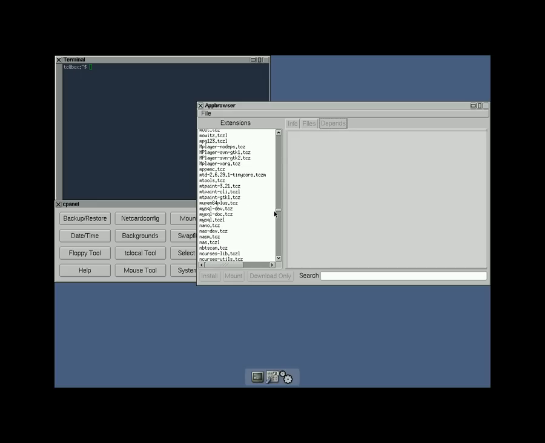What should I install? Something not too big. How about ZSNES? It's a Super Nintendo emulator. So I will select that,